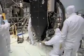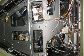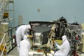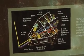How does it work? We have two separate cameras inside the box. One is devoted to ultraviolet and visible light. The other is a near-infrared channel, and it has a pick-off mirror, which sits right out in the middle of the beam coming in from the telescope, and picks off the light from that beam and sends it sideways into the camera. It goes through a shutter, it goes through a set of filters, and then from there it goes